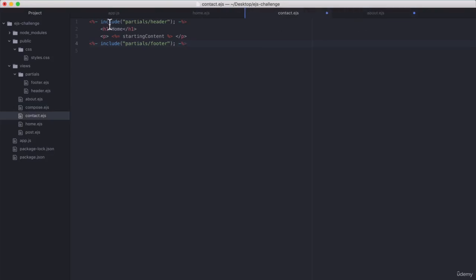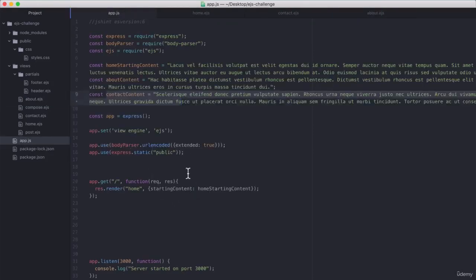pages. Now, in our contact.ejs, we want to include the header partial and the footer partial, but instead of having an H1 that says home, it should now say contact. And instead of passing in the starting content, we're going to pass over the contact content as the name of the variable. And I'm going to do the same inside the about page. So I'm going to change the H1 to about and the content to about content. So now let's hit save on both of those pages and we're ready to go into our app.js to define